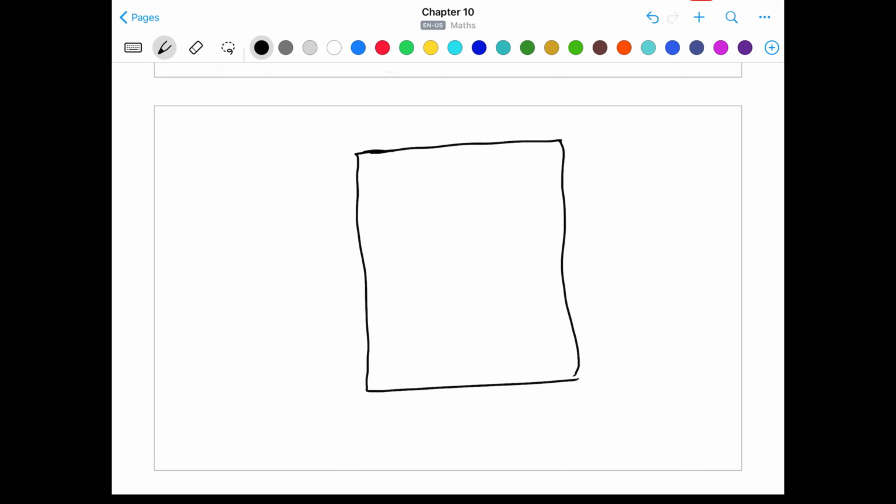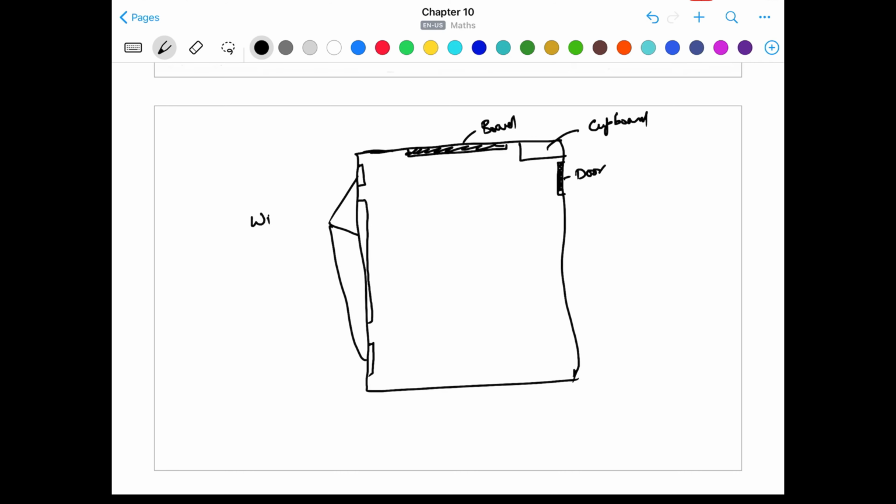Okay, like I'm drawing one of the classrooms from our school. So we have this rectangle, here we have its cupboard, right here we have the entry gate. Okay, this is the door, then we have a blackboard here, this is the board. Okay, this one is the cupboard, then we have a window here, a small one, then a large window at the center, then again at the back we have a small window. Okay, so these three are the windows.